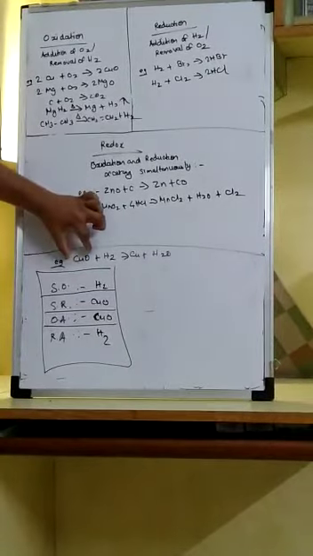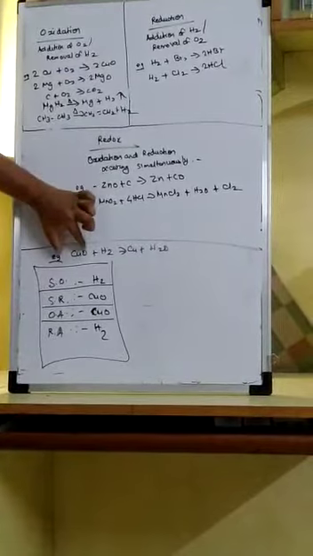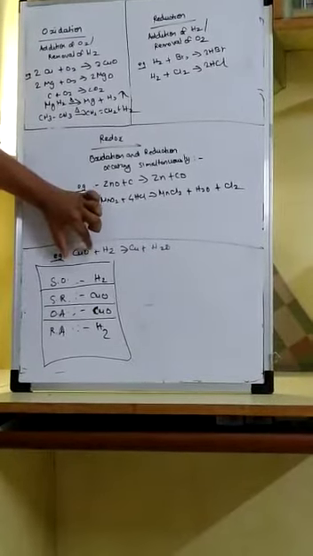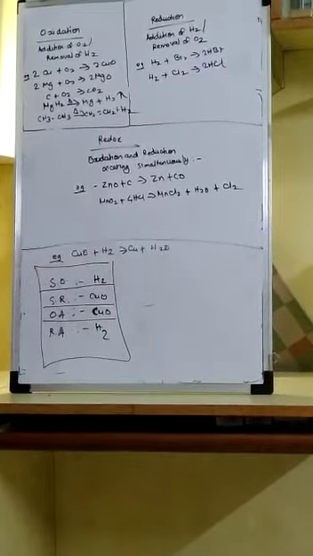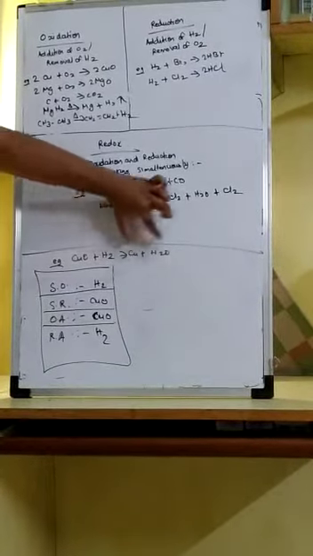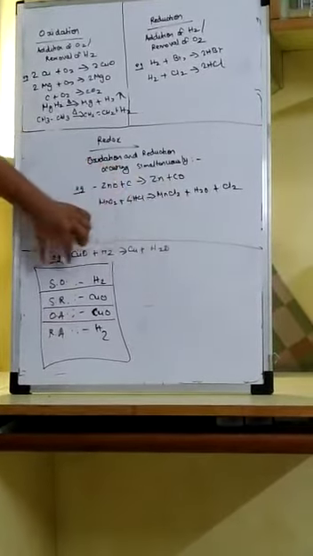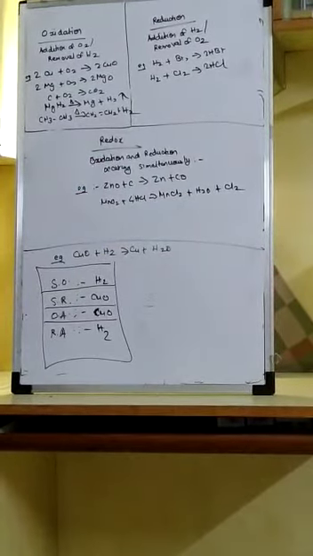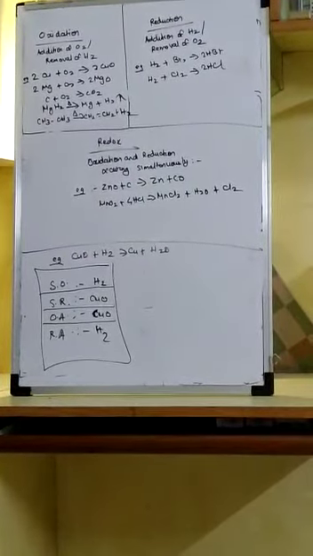So CuO is being reduced to Cu. What is the substance reduced, or from which oxygen is being removed? It is CuO. So the substance reduced is CuO. H2 is becoming H2O. So what is the substance being oxidized? It is hydrogen. Both the substance oxidized and the substance reduced are always on the reactant side, I repeat.